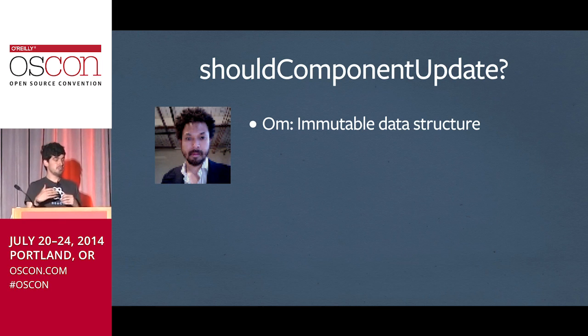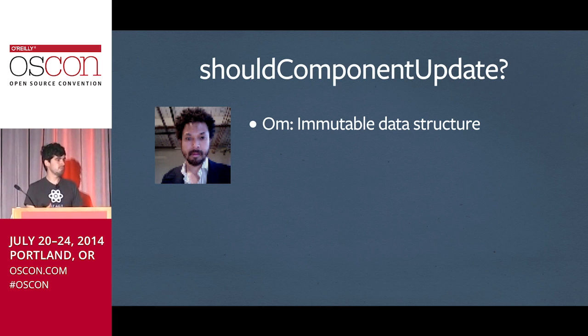And now if you try to implement shouldComponentUpdate, you're going to say, oh, what was the previous object? What's the next object? And it's going to be the same object, but you actually modified it in between. And so you're going to say, oh, this is the same, this is the same. I'm going to return true, even if it's changed. So in order to implement it,